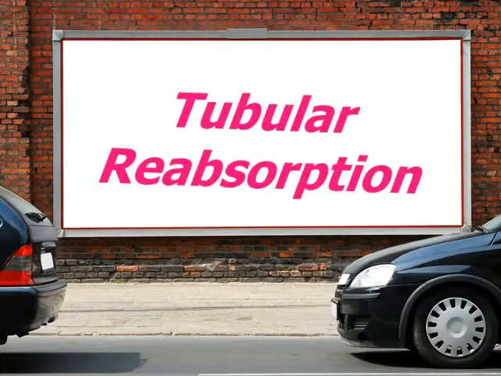Tubular reabsorption. This is the second step in urine formation. The glomerular filtrate is an extremely dilute solution. It contains important solutes such as glucose, amino acids, vitamins and inorganic salts like sodium chloride and sodium bicarbonate. As the glomerular filtrate passes into the collecting duct through the renal tubule, about 80% of the water along with these useful solutes is reabsorbed into the blood capillaries present around the renal tubules.